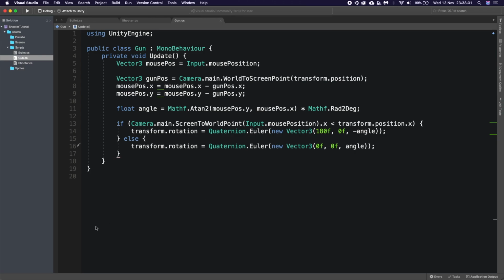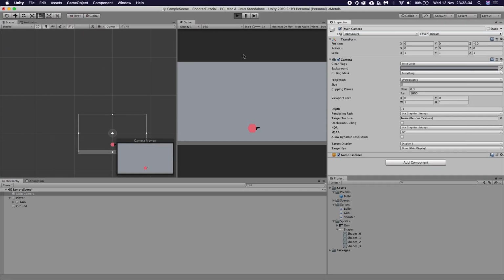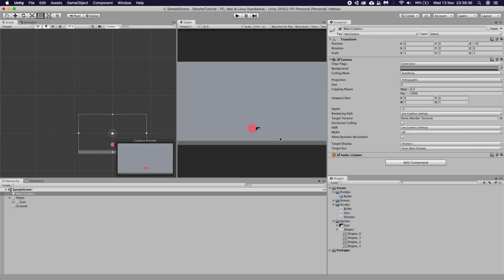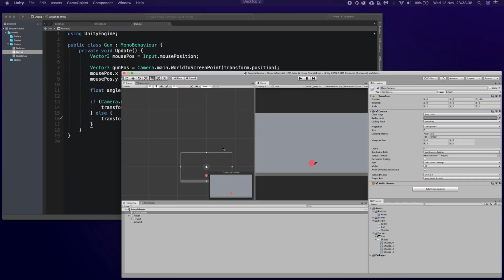There we go. Now if we go back to our game and click play, we did quite a lot there, I'll explain it in a second. As you can see, as we aim up and I shoot, the bullet shoots in the direction it should. If we face the other way, it also shoots the right way. If we hit the floor, the bullet just disappears instantly. We can shoot all around. You've got a blind spot on top of your head, but you can get it if you really wanted to. So let's save the scene and go back to the script.